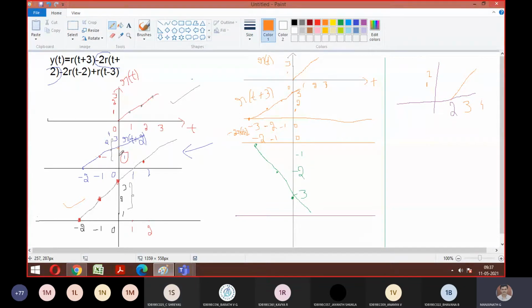Let me change this. So it means it is taking for all even samples, not for odd samples. So this is minus 4. Okay? So for 0 it is 4. Again for 1 it is 3 into 2, it will go to 6. So likewise it will keep continuing, so I will draw the continuous waveform. Now we are tracing t minus 2. I took a delay of 2 intervals. So it goes like this: 2 is 0, 3 is 1, 4 is 2, then 5 is 3, and so on. Now I want 2 times of this. So now you should tell me how the graph looks like.